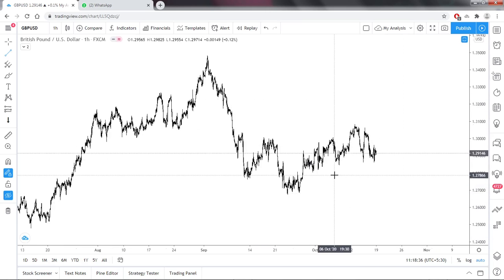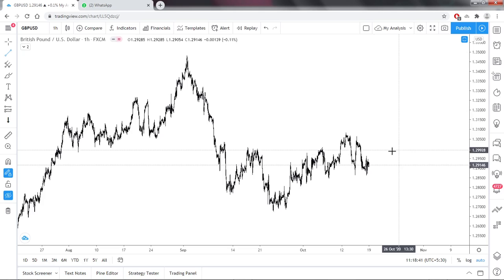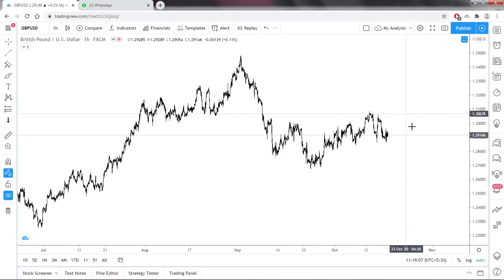So see, what we have to do is, we are expecting that impulsive move to the downside. It won't happen immediately. It will confuse the traders, and it will take all the stop losses and attract them to buy or sell, and here the retail traders will get attracted to the buy. And what the institutions and the big players will do, they will sell here, take all the stop losses, your money, and bank it for themselves. So like that it is happening.